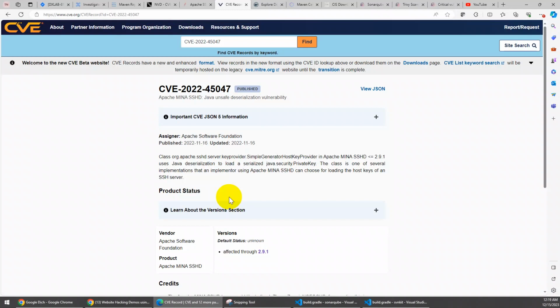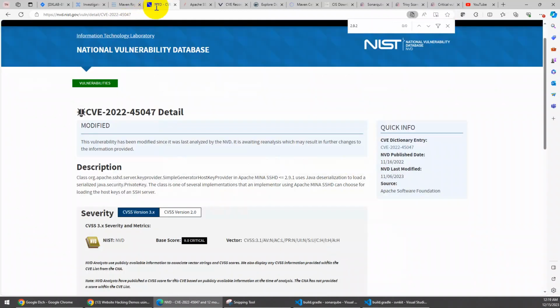Hello team, for this sharing topic, I would like to introduce you how to detect vulnerability issues in your open source application. The vulnerability issue I would like to introduce today is CVE-2022-45047, which impacts Apache MINA SSHD with versions less than or equal to 2.9.1. You can read this information in detail on this website,